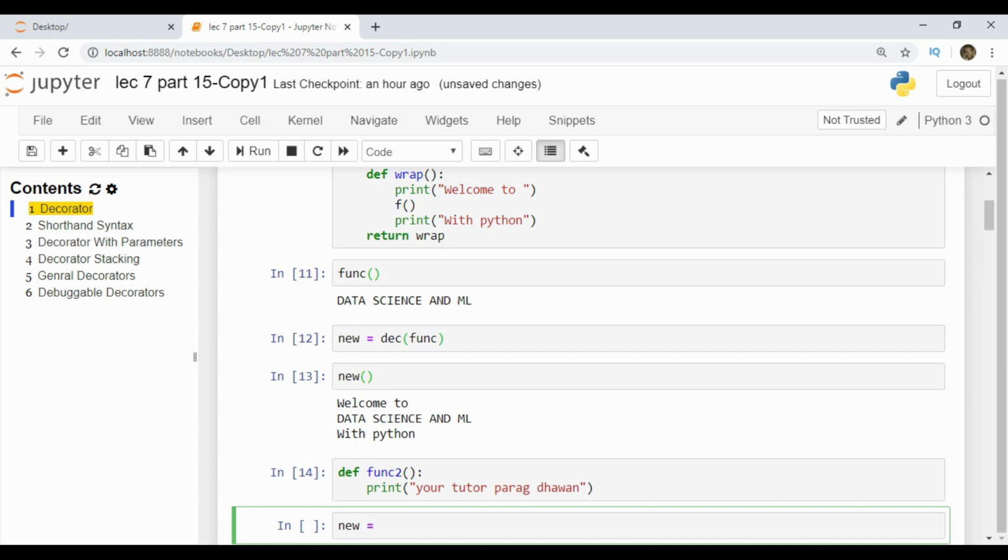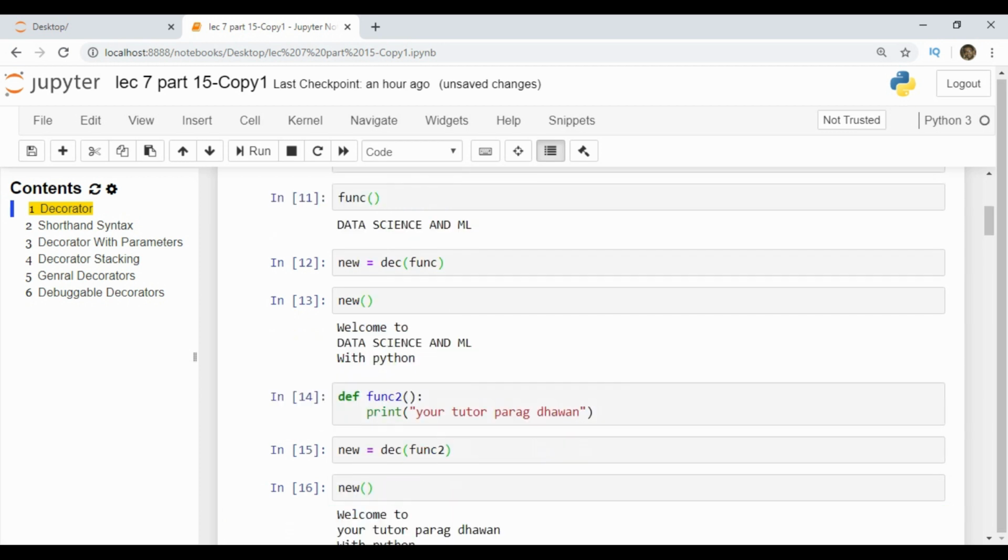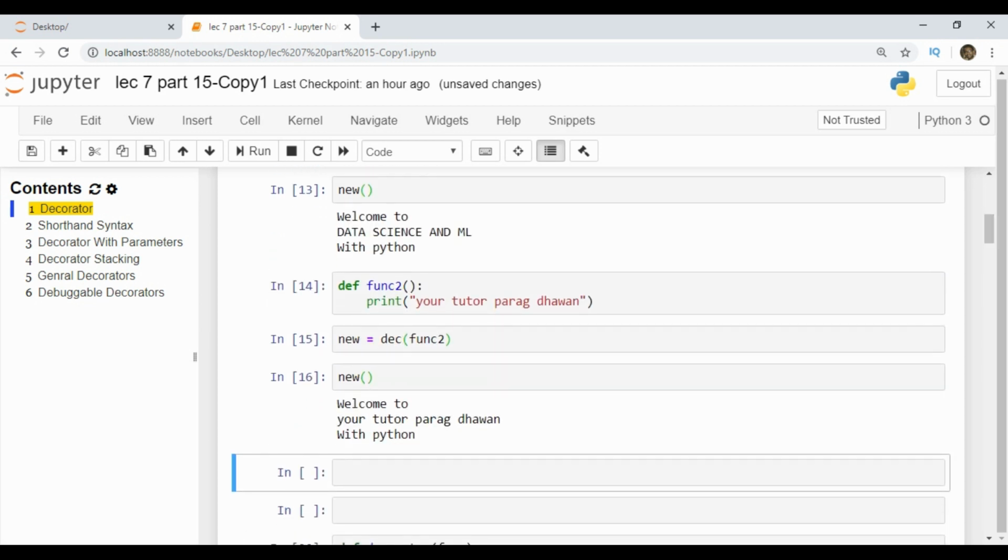At the output, new is equal to, we call the decorator with the name dec and pass the argument func2. Click on the cell, run the cell, and then call new. See what's the output? Welcome to your tutor Parag Dhawan with Python.